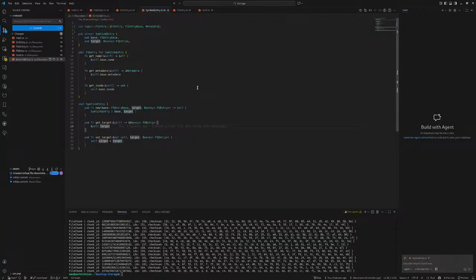Because here's the thing, we cannot confirm. Cloning it would actually create a hidden dependency, a hidden link, because